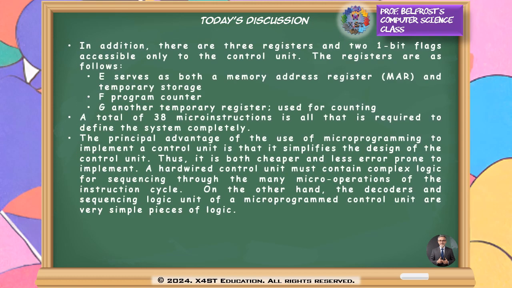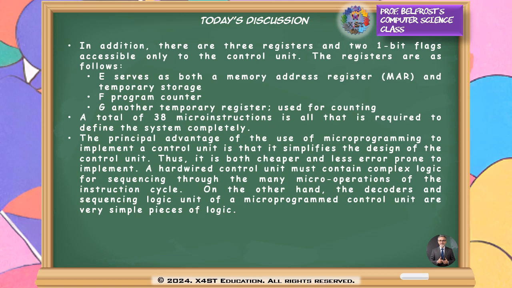In addition, there are also three registers and two 1-bit flags accessible only to the control unit, which serve as both memory address register (MAR) and temporary storage. The second one is a PC, and the third one is a temporary register, which is used for counting. Okay, so actually there are 38 microinstructions that are required to define the system completely in this kind of